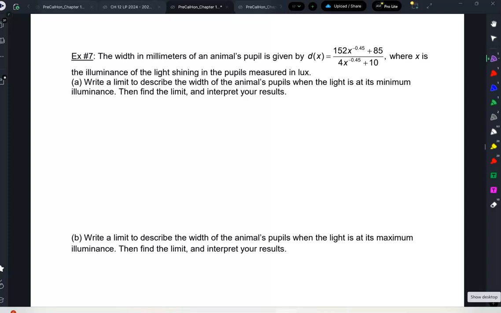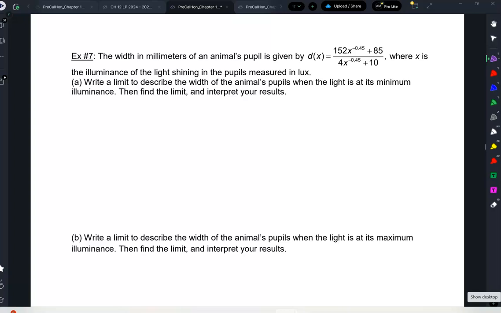All right, so this problem deals with the width of an animal's pupil. We know that if you're in a dark room, your pupils will dilate in order to let in more light. And if you're in a very brightly lit room, your pupil will contract because it doesn't want to let in too much light, so as not to burn the rods in the back of your eye, right? So this is an equation that describes the width in millimeters of an animal's pupil, where x is